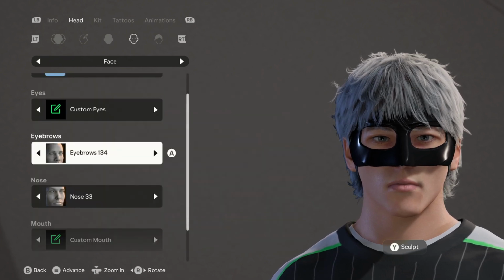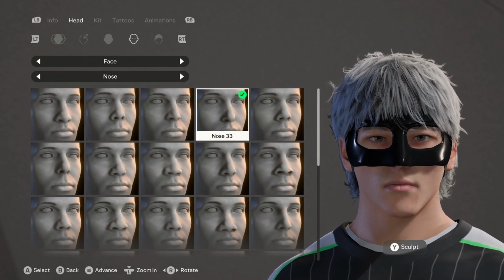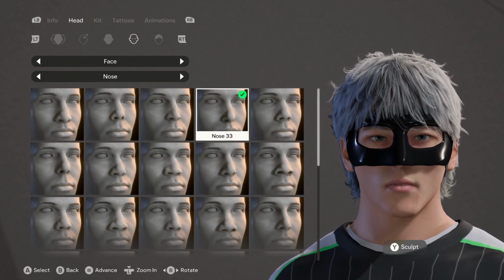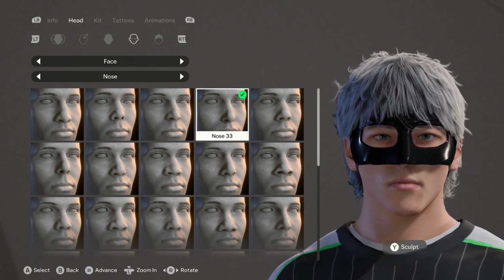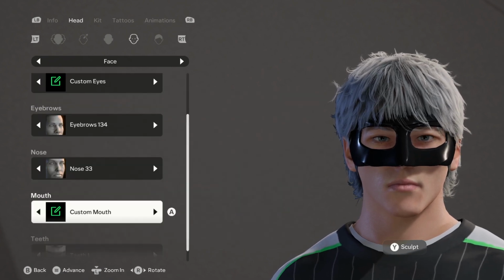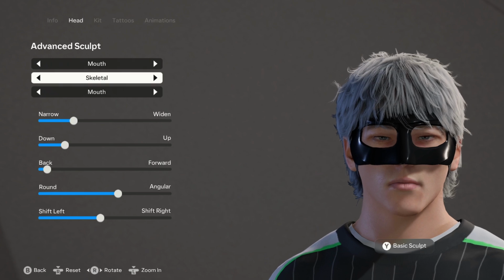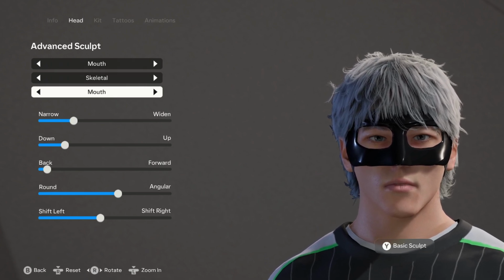So that is where there's a difference. Then for the nose, I also didn't touch it because you can't really see the nose through the mask. I just went with nose 33 because it looked pointed through the mask, so it was just the best option really for me. Then for the mouth, we are using the advanced sculpt for this one again. We're going to start with the skeletal, and under that we have the mouth